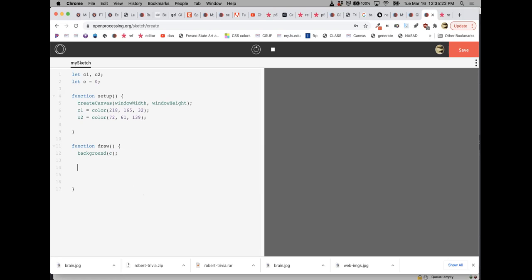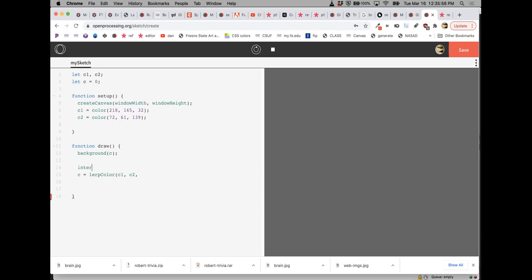So C would be lerp color C1, C2, and we don't want to just put mouse X because it's a value between 1 and 0. So we're going to need to